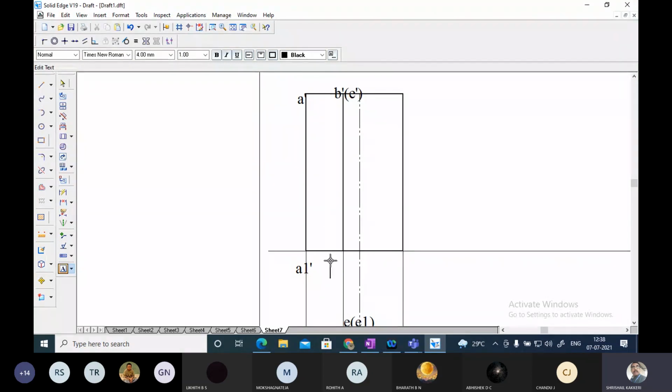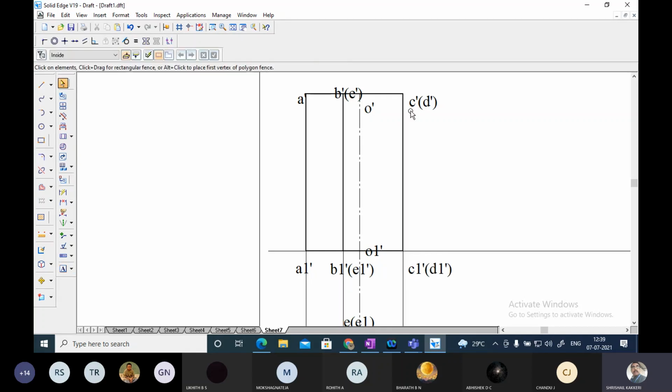Okay, and this is B1 dash in bracket E1 dash, and here I am going to write O1 dash, and here I am going to write O dash, and other one here I am going to write C dash in bracket D dash, and here it is C1 dash in bracket D1 dash. Okay, and keep neatly.